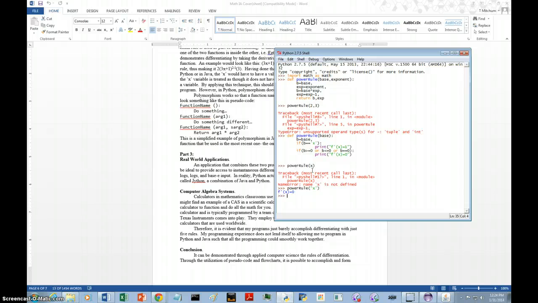Wait a minute, why is it printing it that way? Okay, now if you notice here, it's going here and saying, just check against this. But for some strange reason,